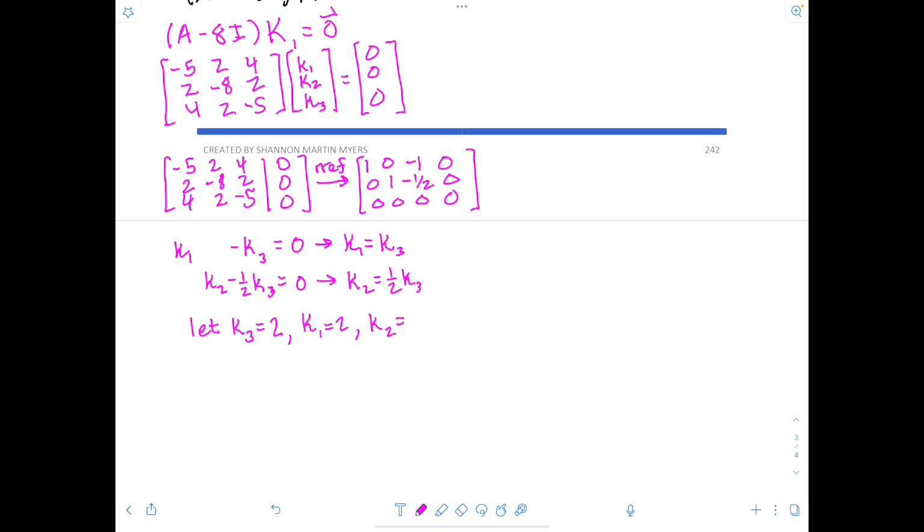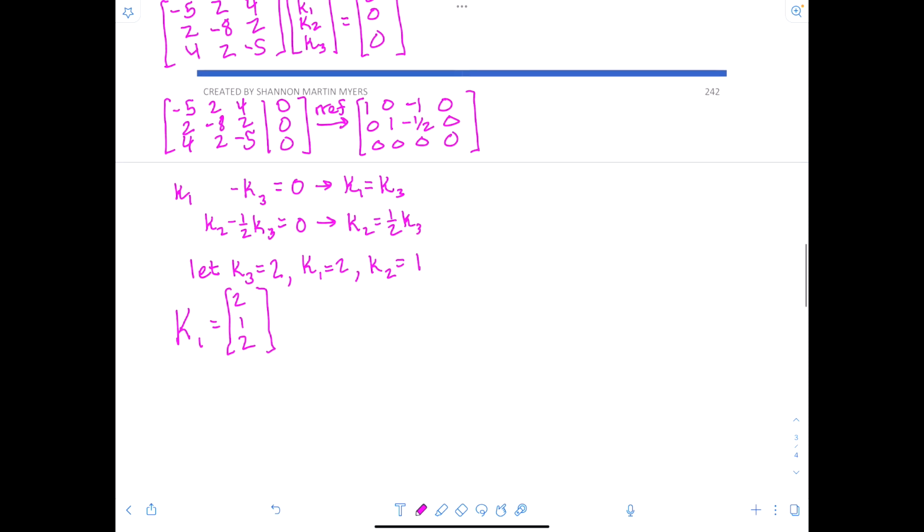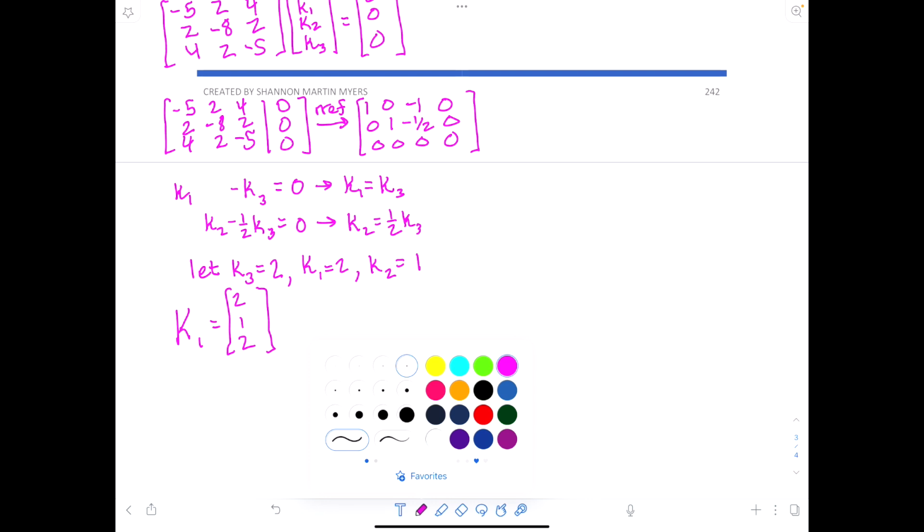This is why I let K3 equal 2. So capital K1 will be the column vector 2, 1, 2. Groovy? All right, so now we will take a look at